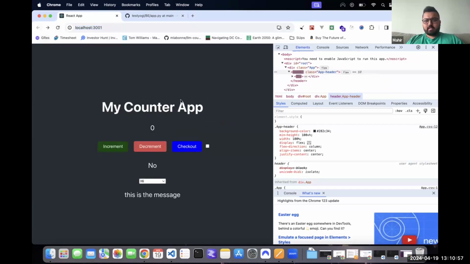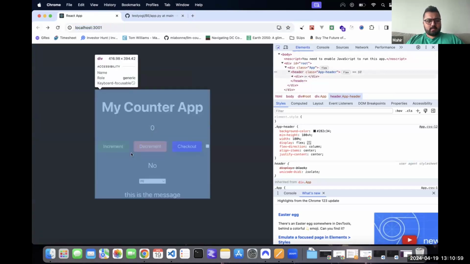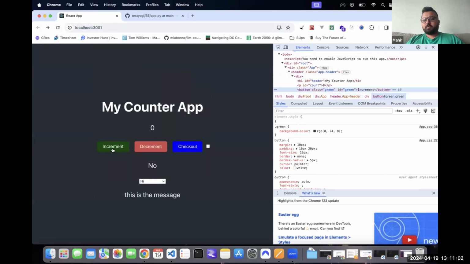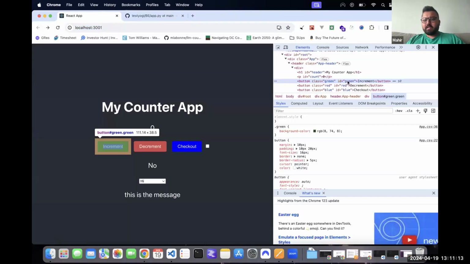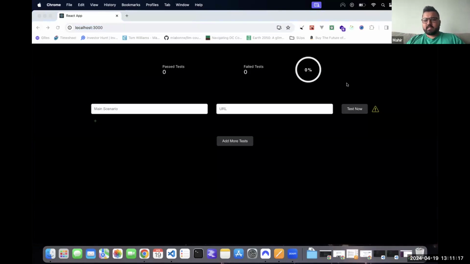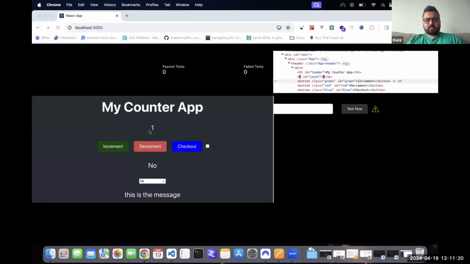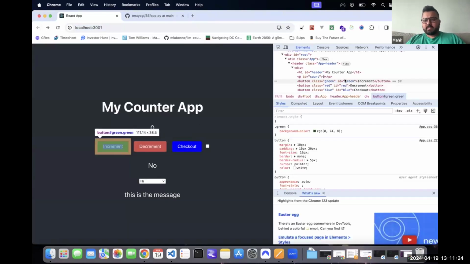Let's say I'll start with a very simple test. Let's say I want to test whether this button is working or not. It's a very simple test just for demo purposes. What I need is just the ID of that button, or even class works, but we'll just go with ID for now. When I click the button, this text changes to 1, right? Let's say I just want to test this for my web app. The ID is green, so I just need to write